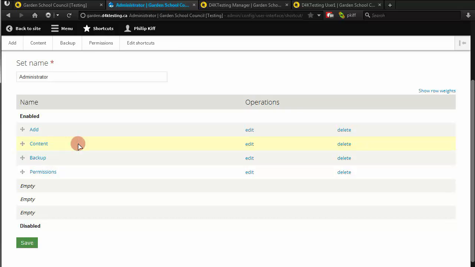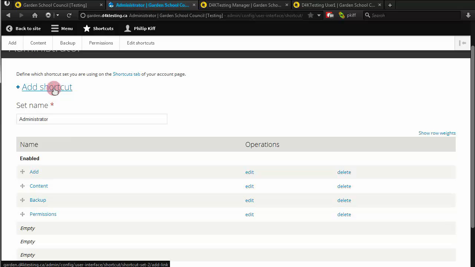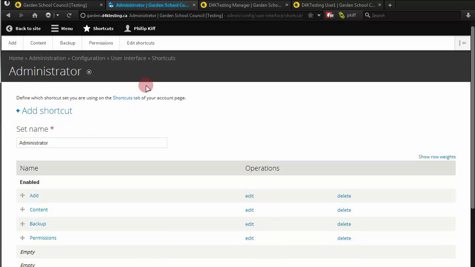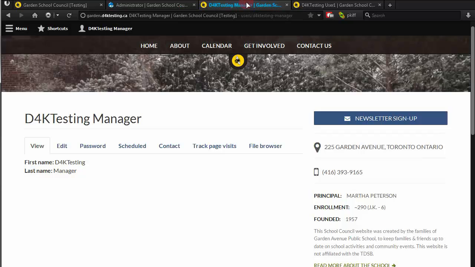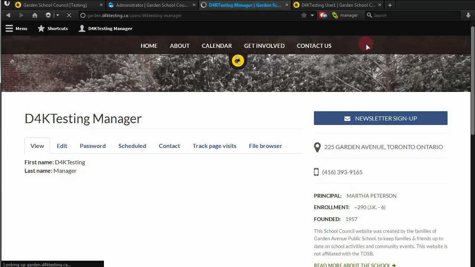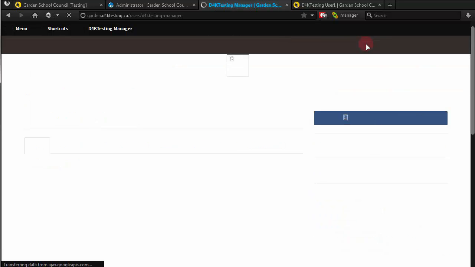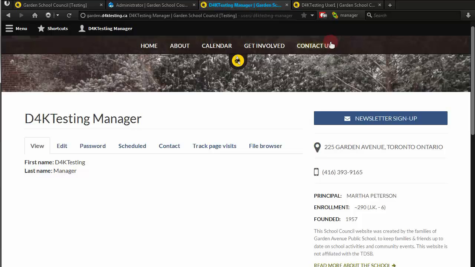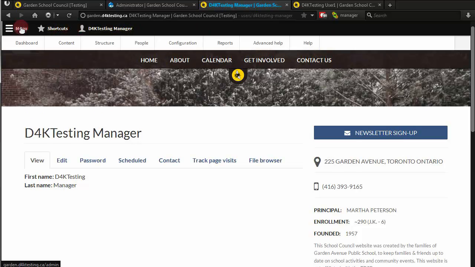so that's mine, and you can see you can customize it. It's just like editing a menu. Here I'm going to pop over to a manager view, and you can see they also can edit their set of shortcuts, but they've got their own set, custom. That's their menu. They have quite a bit of access to the site, the managers, and this is their custom list. That's what I thought they might need, including a link to edit shortcuts